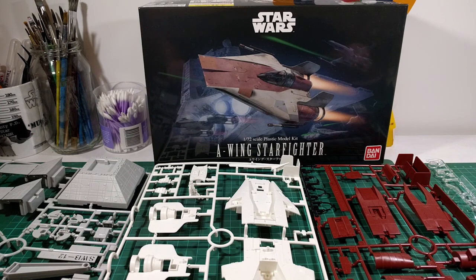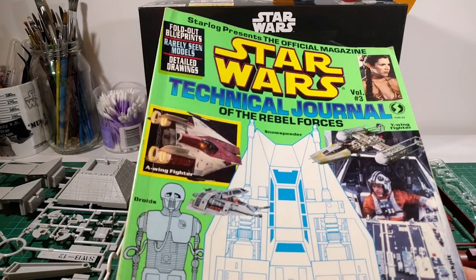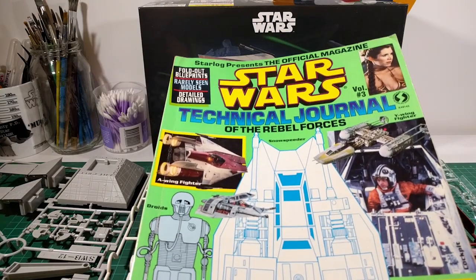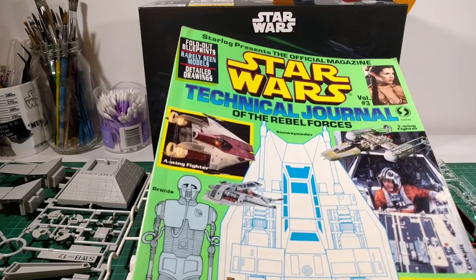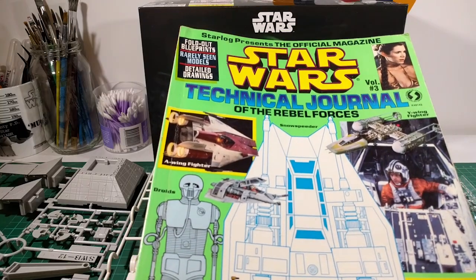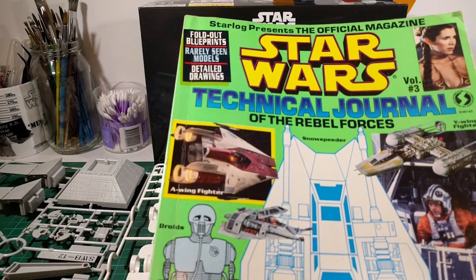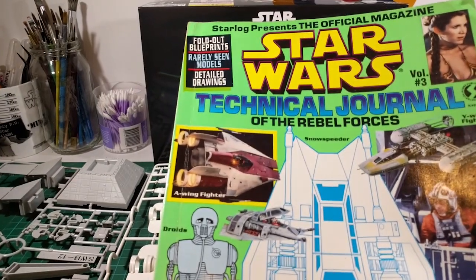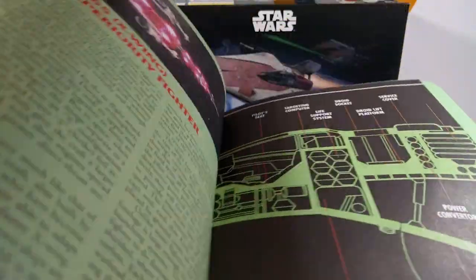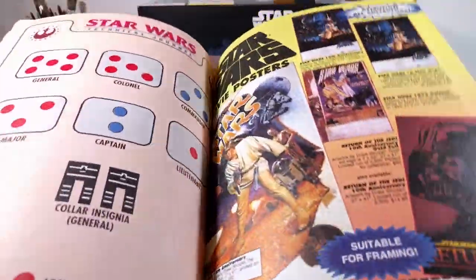For reference, I'm going to be using this really old technical journal, which was a Starlog magazine special. Back in the UK, I bought this around about 1995, I think. It was the third of 3 specials they released, and this one was on the Rebel Forces. I do have the other 2 stashed away somewhere, but I can't quite remember what the topics were. The other one was Imperials, and there's another third one, which I'm sure I can look up later, but I've got some really nice fold out schematics, screenshots from the movie,